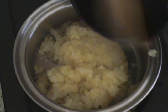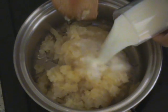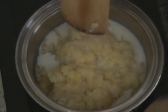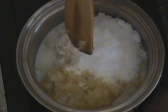Try to make your pineapple filling a little bit ahead of time so that it has some time to cool down to room temperature before you use it. To make the filling, simply put the crushed pineapple, the milk, and your sugar in a medium saucepan, and then heat that